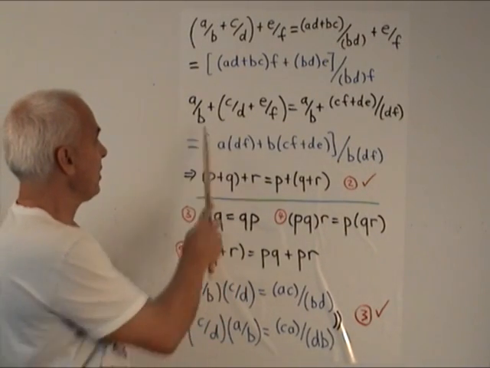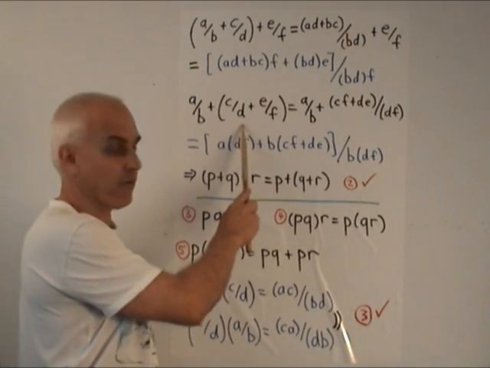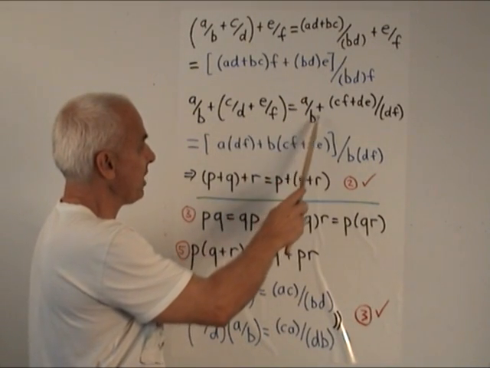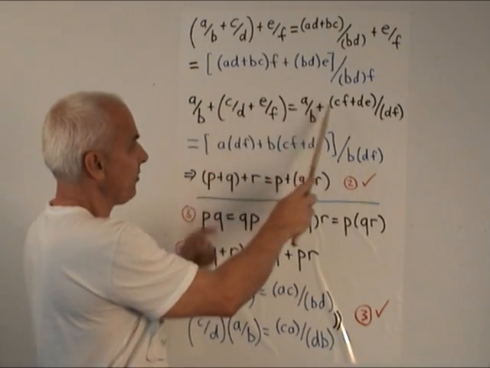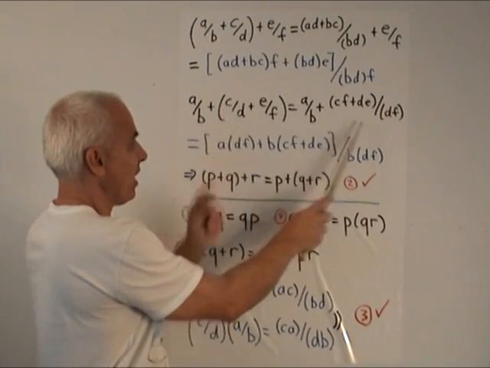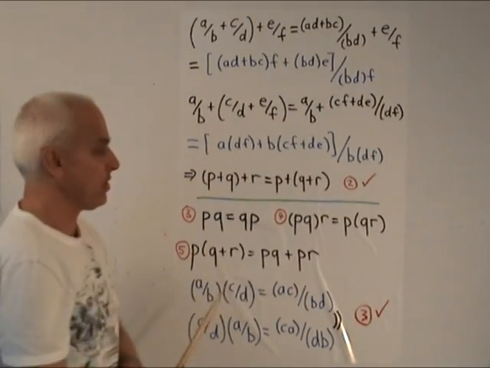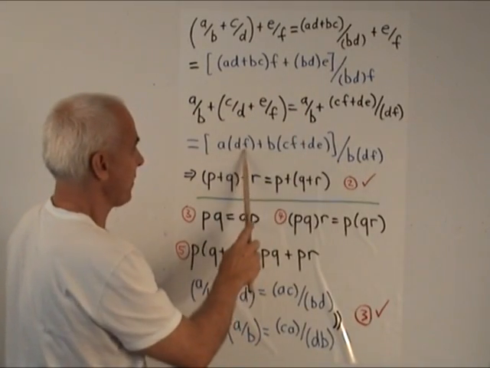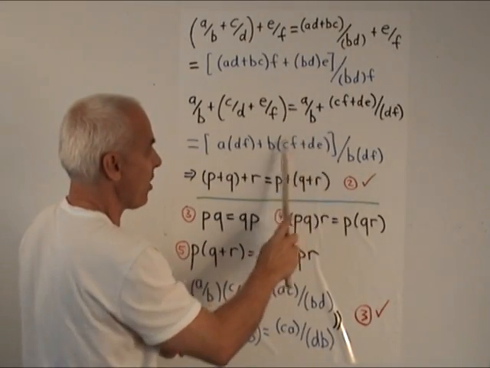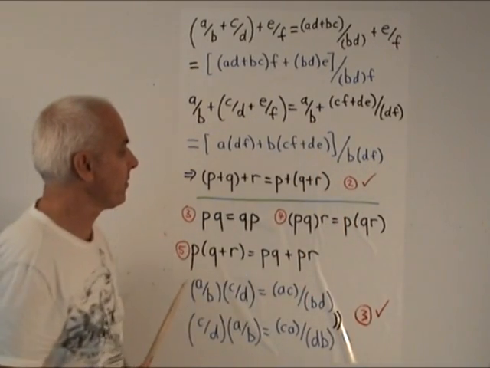The other side, we have P plus (Q plus R). We have to do the Q plus R here first. So we write A over B plus, now what's the sum here? C times F plus D times E all over D times F. And now we have to add those two fractions. We use the same rule again. It's A times DF plus B times this quantity all over the product of the denominators here.